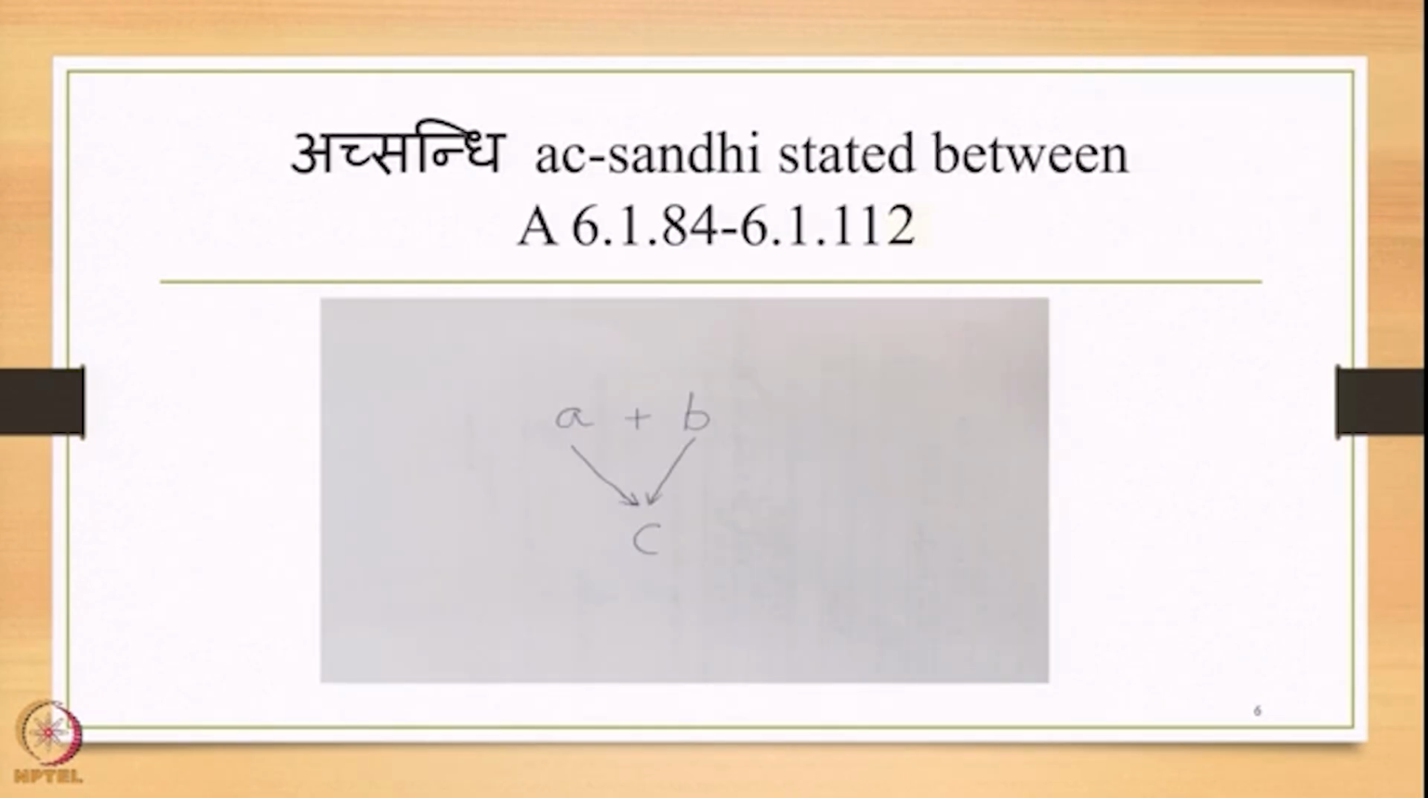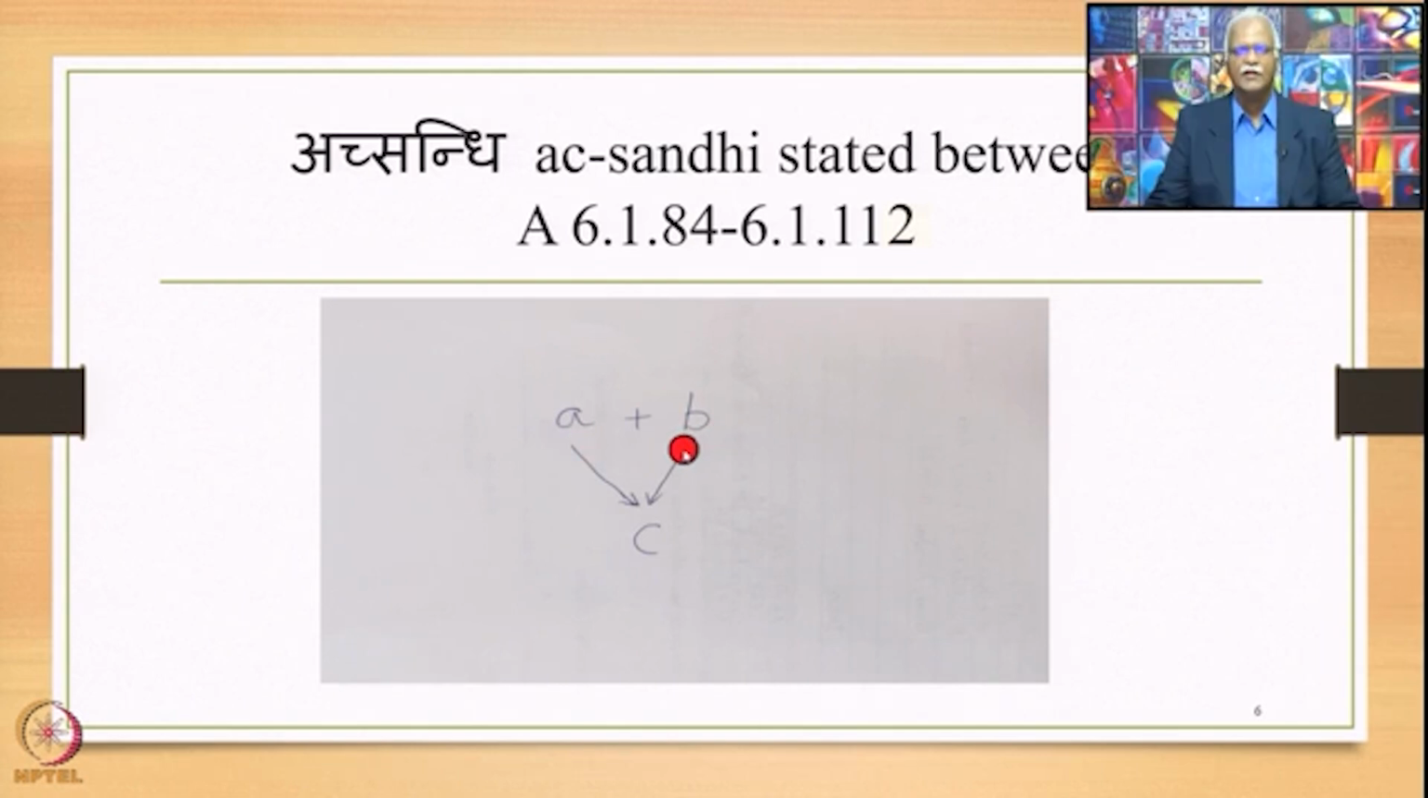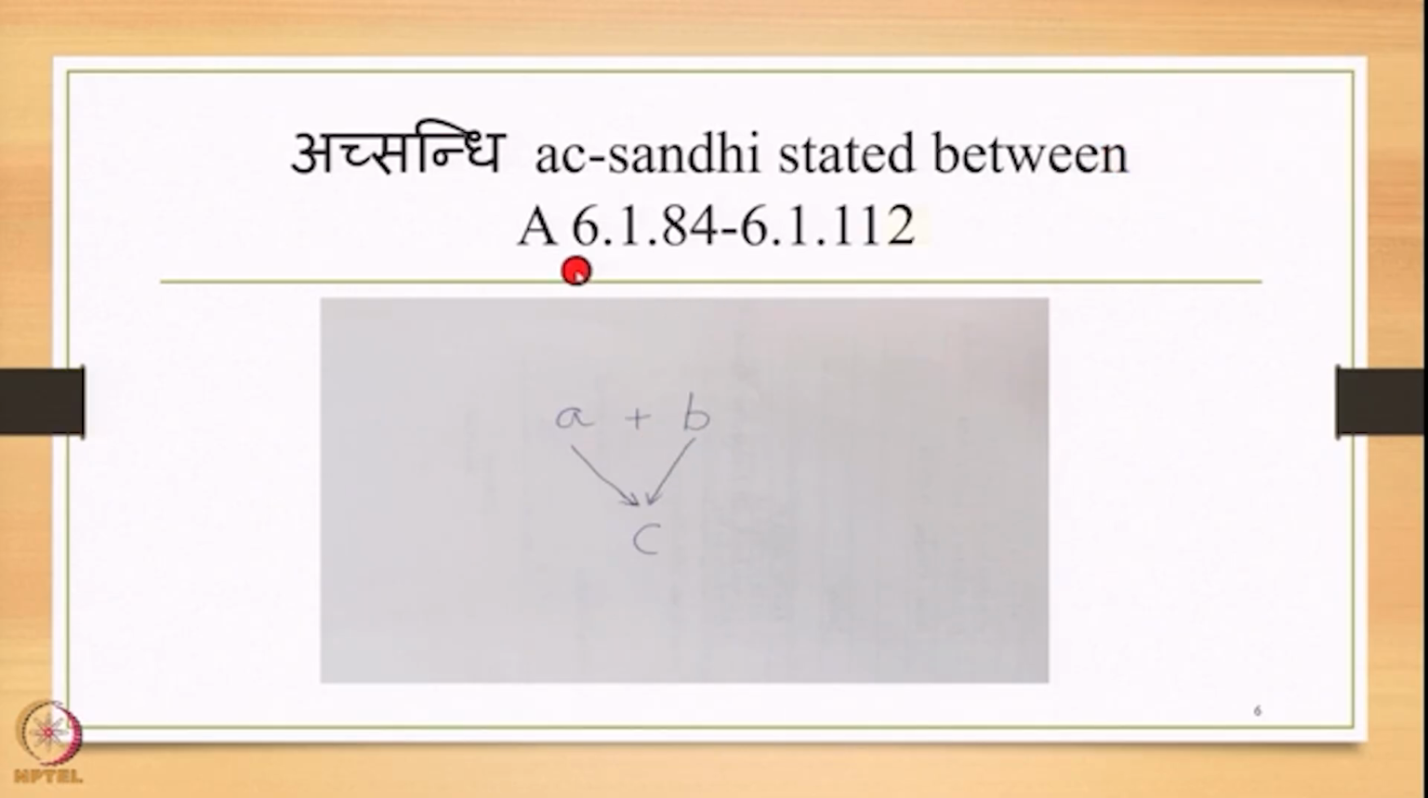The diagrammatic representation would be this, where you have A followed by B, both in the Samhita mode, in which we can say that A comes immediately before B and B comes immediately after A. Thereby, they both confine the mutual environment. And in this environment, in this Samhita, A plus B, one of the rules in 6.1.84 onwards up to 6.1.112, this particular section